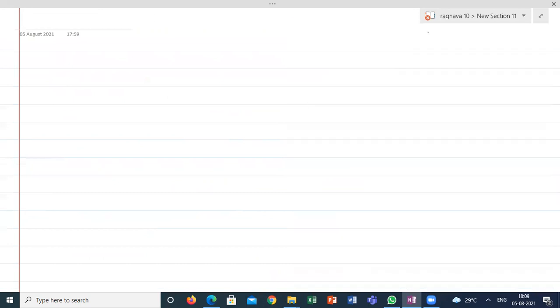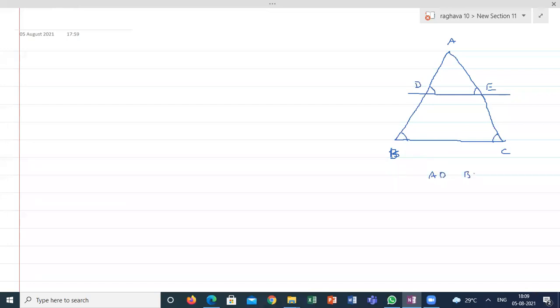How to approach the proof? This is a little important. So draw the triangle. Here I want to bring the relation between the sides, A, B, C, D, E, and these two are parallel. When two lines are parallel and intersected by a transversal line, automatically these angles are equal. What are these angles, guys? Alternate angles. Am I right? And I want to bring the relation between AD and BD, and AE and EC.